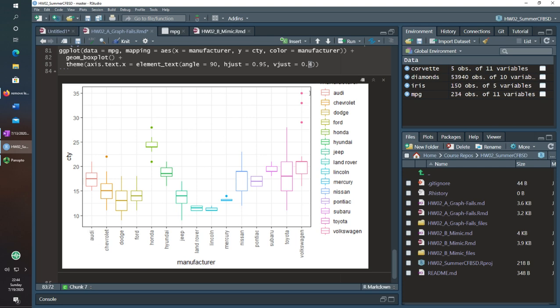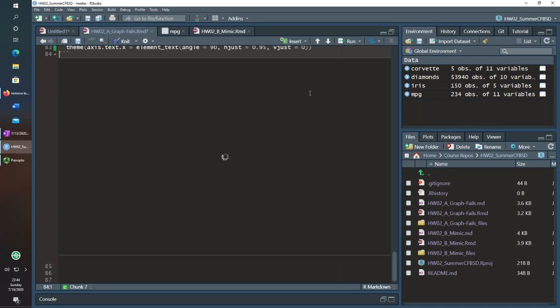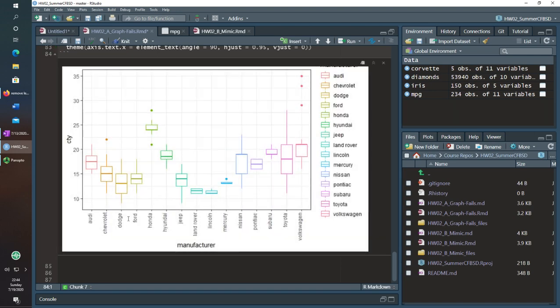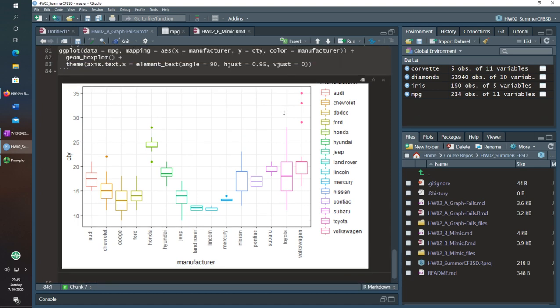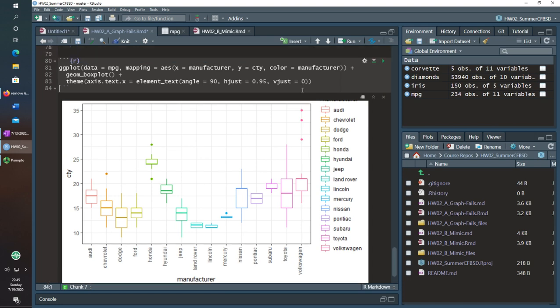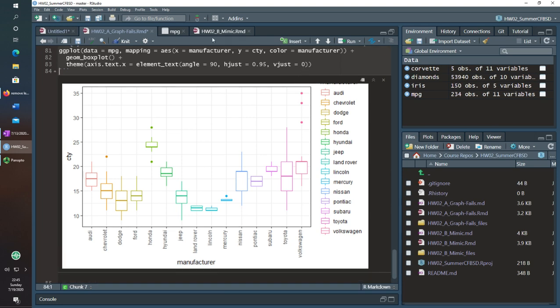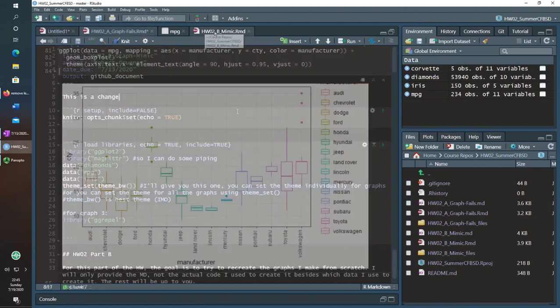If I do a vjust of 0, it'll align so that it's further to the left. So again, off. Sometimes you just have to play with the values to see what value you end up liking. And if your computer is faster than mine, it doesn't take forever like mine does.